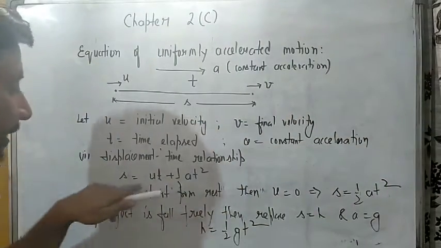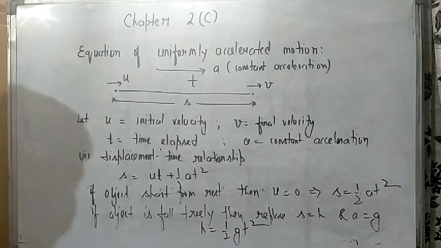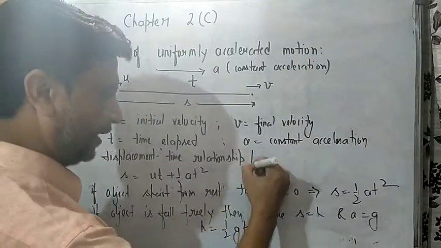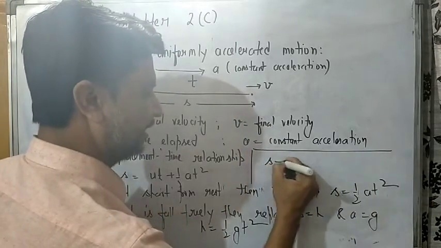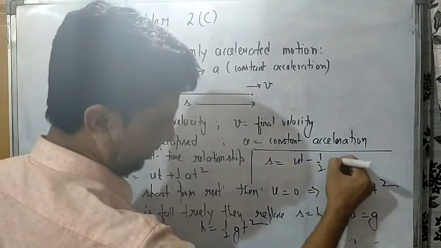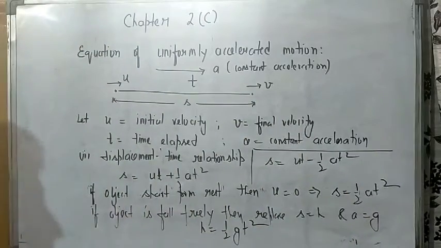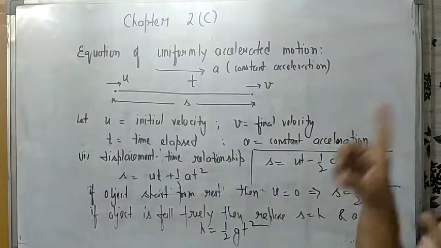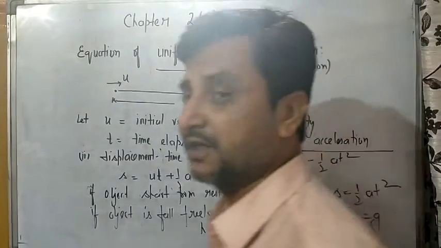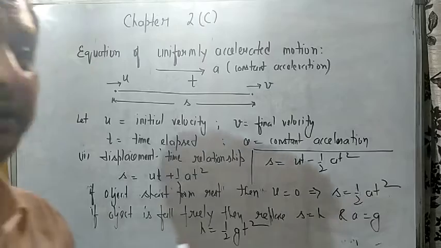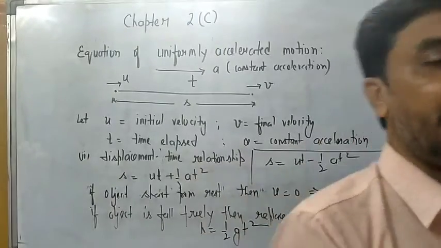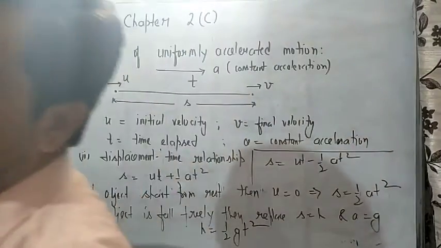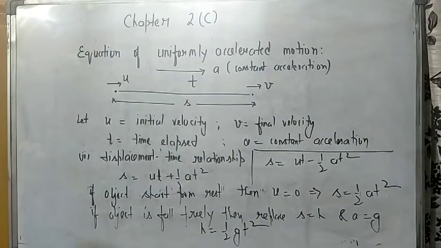So suppose in this scenario the body is retarding, then the distance covered, what do you have to write? In this case, s is equal to ut minus half at square. In the same line of discussion, in the first equation's special case, a is replaced by minus a and the velocity is equal to u minus at. This is the second special case. Okay, now come to the third one.